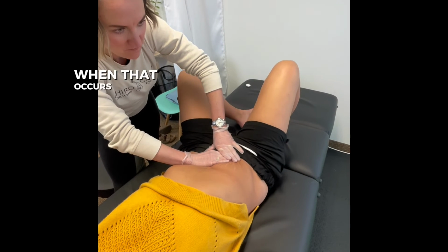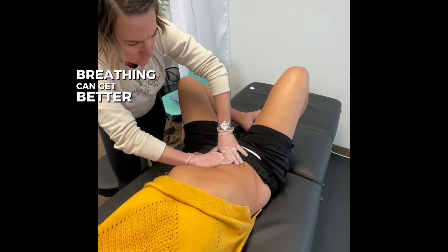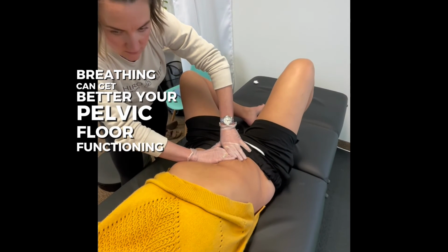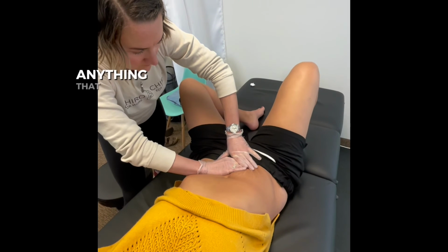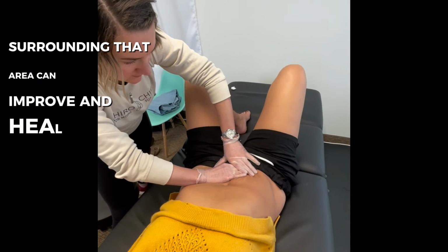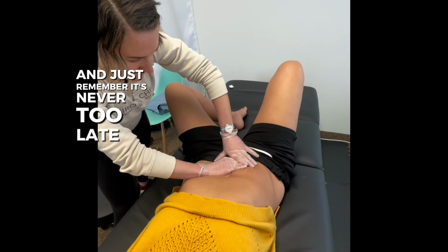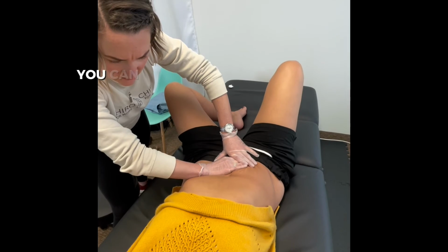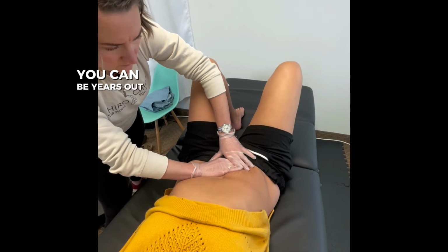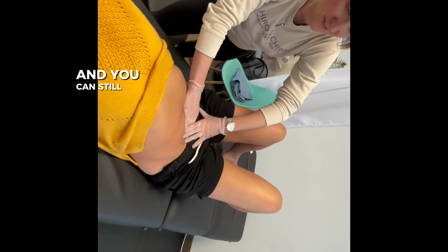When that occurs, pain symptoms can go down. Again, breathing can get better. Your pelvic floor functioning can get better. Anything that you've been dealing with surrounding that area can improve and heal. And just remember, it's never too late to do the work. You can be years out from delivery, from this type of surgery, and you can still put in the work